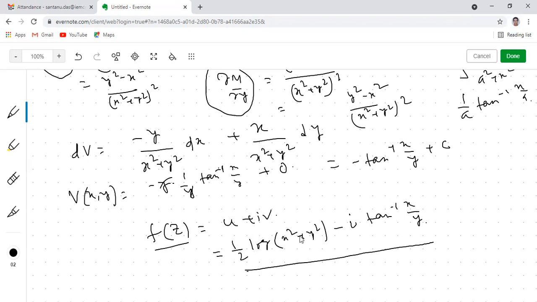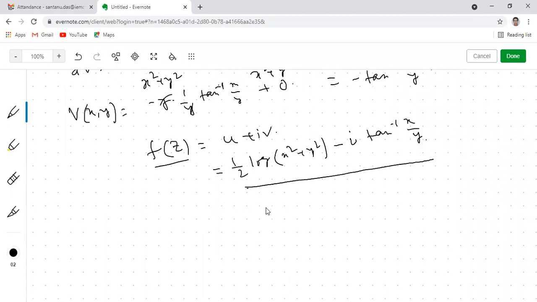So already we have shown that u is harmonic. So you can verify that v is also a harmonic function. So that's why this is our required analytic function. So that is one beauty of analytic function and harmonic function. That means if you want to frame a complex function which is an analytic function, if you know the real part, without knowing the imaginary part, you can frame the analytic function. If you know the imaginary part, similarly you can frame the analytic function by identifying the real part.